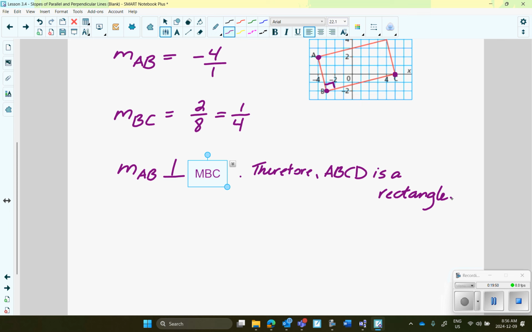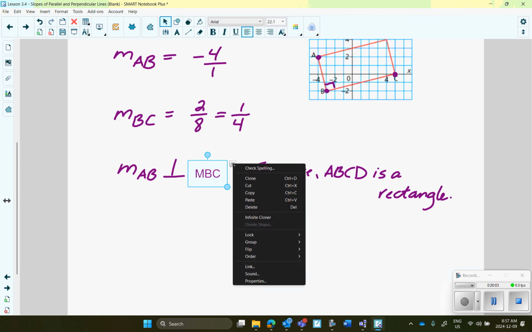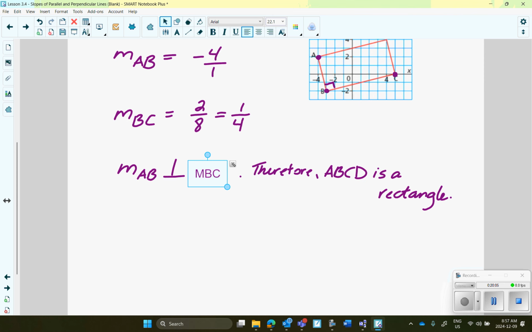Oh, inverted. Wait. It's not gonna go away. All right,